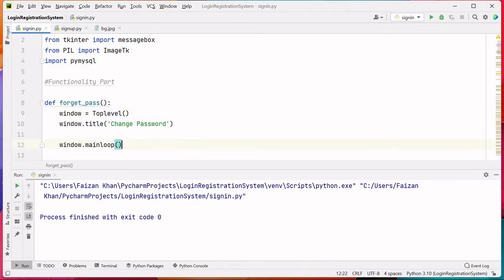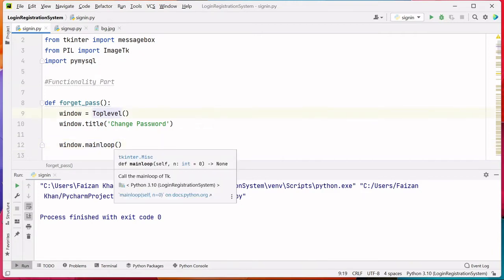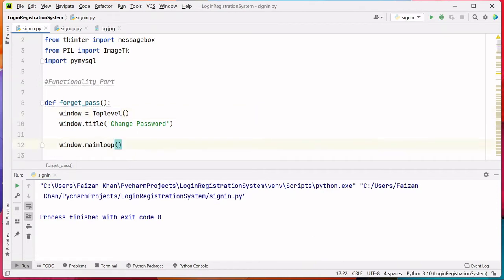And then we'll use this main loop method so that we can see the window. It will also help in displaying the image on this top level window. I'm talking about the background image. So with the help of this main loop, you will see that background image. So now if I run it,